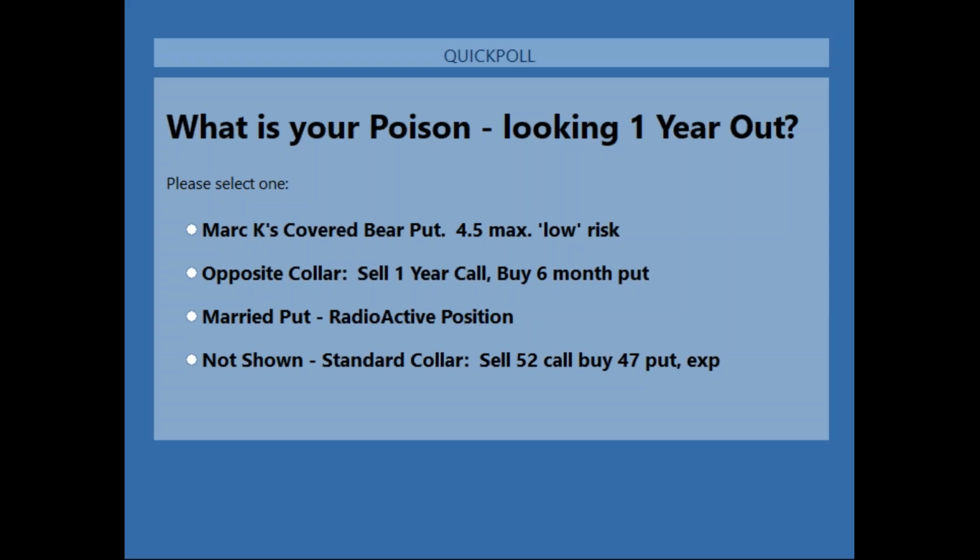Now I already know 2 of our audience is going to email in, or use the question pad, and say, well, no, I wouldn't do either of those. And that would be Sam and Rajiv. Sam and Rajiv might start off in this situation, okay, and might start off with a longer term put 5 or 6 months out, but they're going to be doing a lot more near-term trading in between, okay.